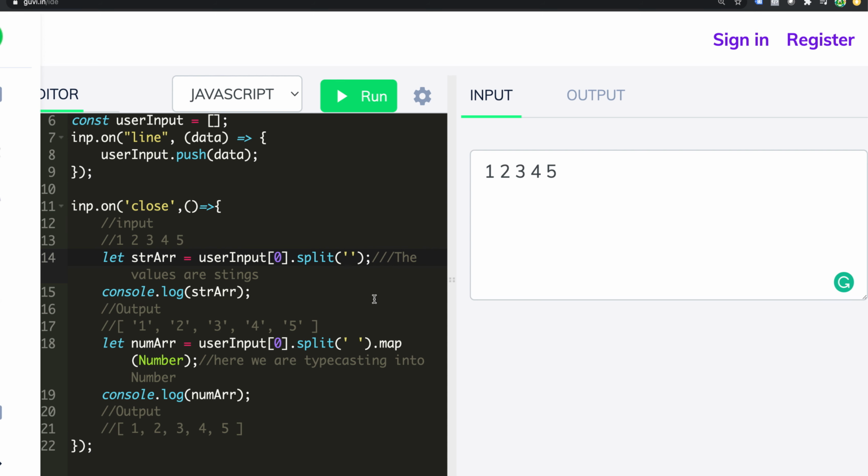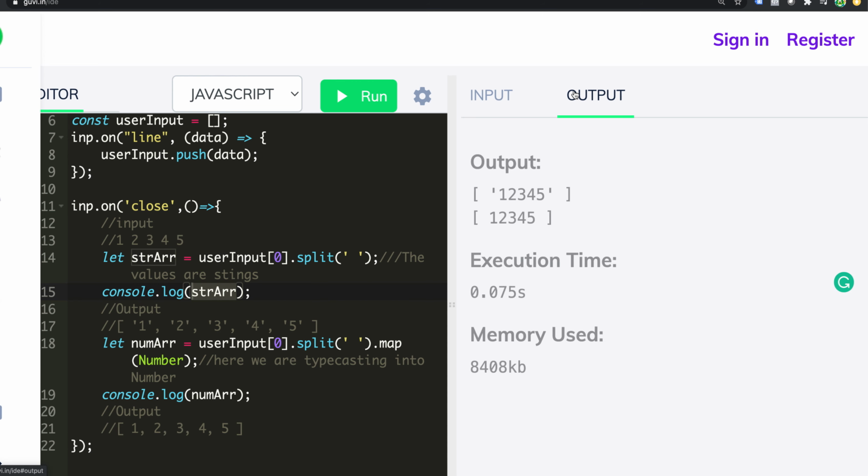Another common mistake is that people forget to give the space here. I have given a space. If it is a comma, you have to give the comma as the character on which you want to split. So split it on hyphen, comma, space, whatever you want, but give something. When I do a split, it reads the entire thing and converts it into an array, so the array would be like this after the split. Automatically it will be converted, and that is what is printed here.